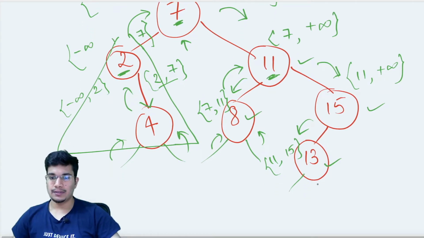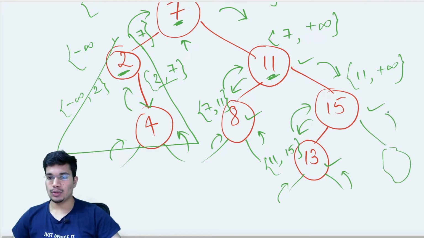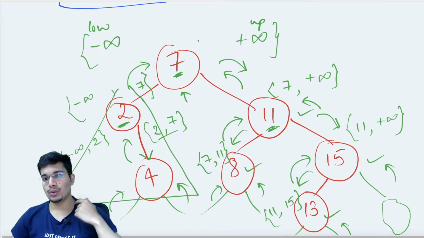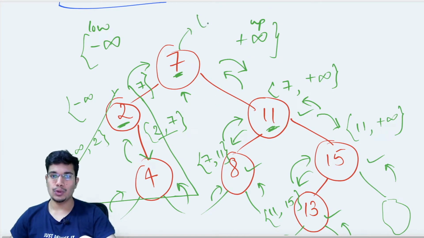Then we are going to make recursive calls for my left and right subtrees, which are null, so control will come back, and then from 13 control goes back to the parent. From 15 we make a recursive call on the right subtree, there is nothing, so control comes back to the parent. Then again from 15 it reaches back to 11, and then from 11 to 7. So once the control reaches back to the root, we are going to return true from all these cases, and similarly true from the root node as well. So since we are returning true, it means that the given binary tree is in fact a binary search tree.